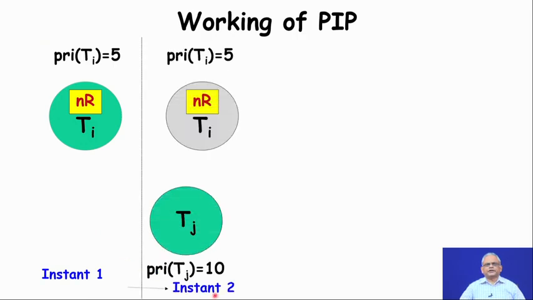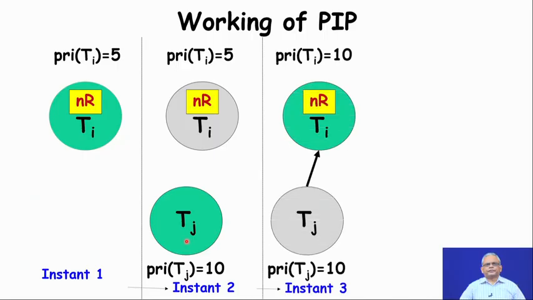After some time, that is time instant 2, a high priority task started executing and its priority level is 10. After some time, it needed the resource and it blocked because the resource is already being held by the low priority task. It started executing, shown by green,